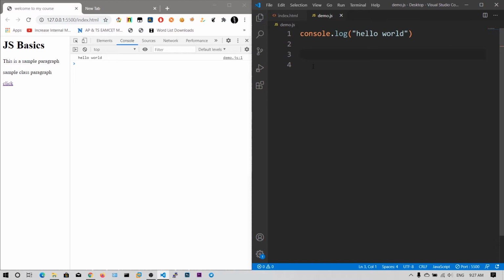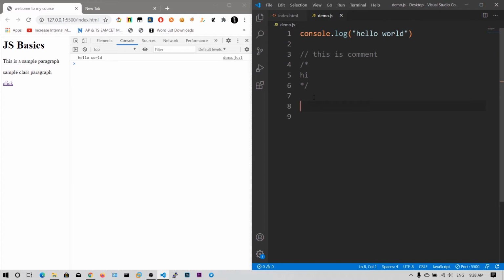So let's talk about variables. First let me talk about comments. In JavaScript, the 2 forward slashes are comments. So this is a comment. Even after refresh, this comment did not print out because it is considered a comment and ignored by the browser. Multi-line comments are /* and */. If you are coming from C programming or C++, you can see the same comments in C and C++. You can say hi. After refresh, we did not get any output.